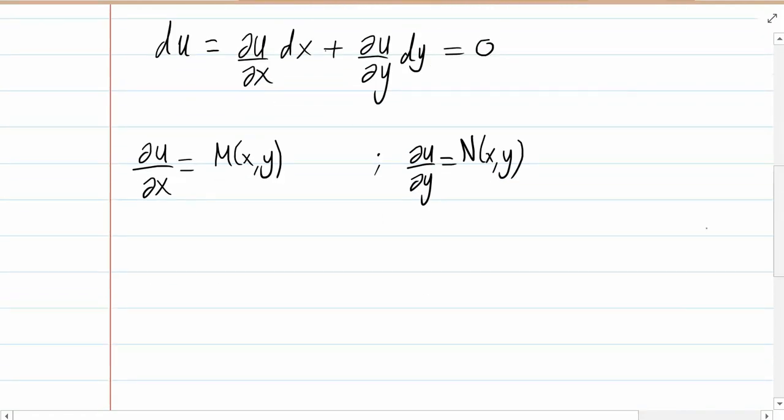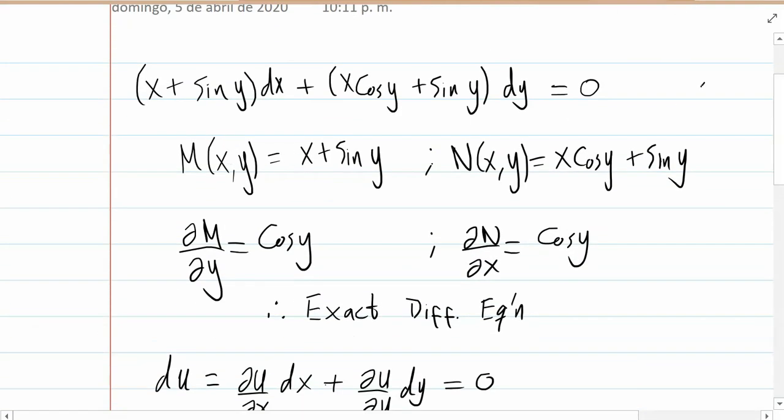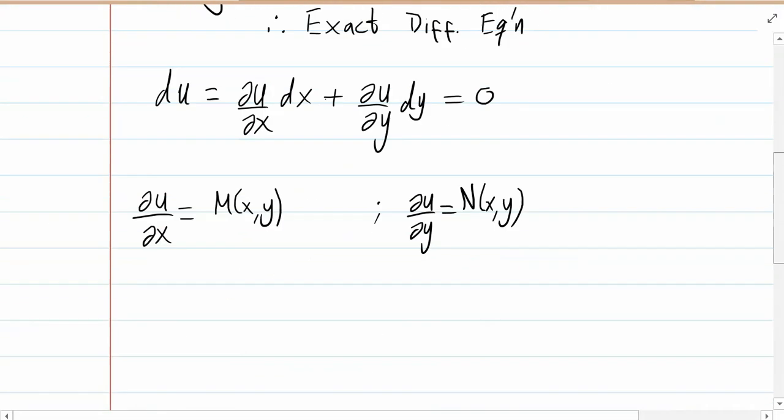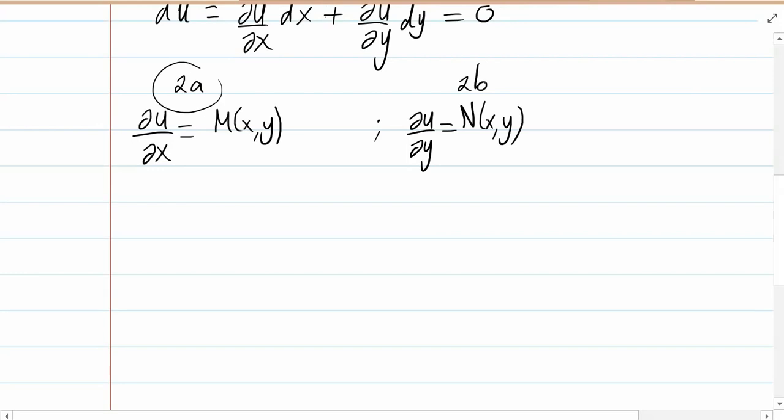So we're going to deal with this one first. Let's number the equations first, perhaps. That would be a good idea. This is 1. Let's call this one 2a and 2b. So from 2a, we have that